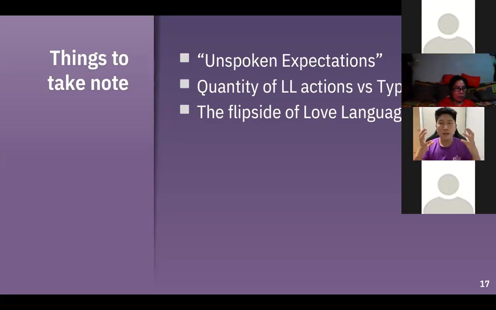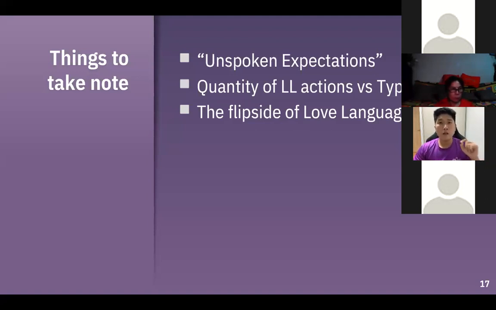You need to be able to capture them, so that you know, oh, you know what, maybe I have neglected my partner's love language. Maybe it's time for me to do a little bit more. The responsibility is on you, because you attended this lecture and now you have this knowledge. That's why the responsibility is on you to figure out whether you have missed out on any of these expectations, said or unsaid, by your partner, and try to rectify your relationship from there.